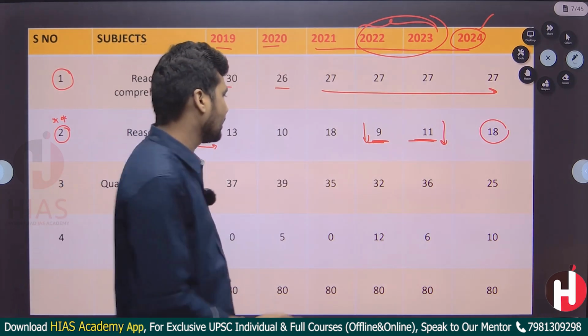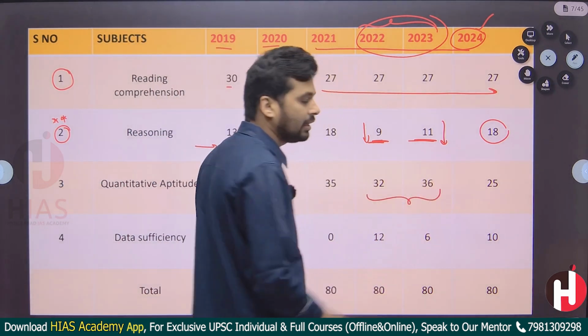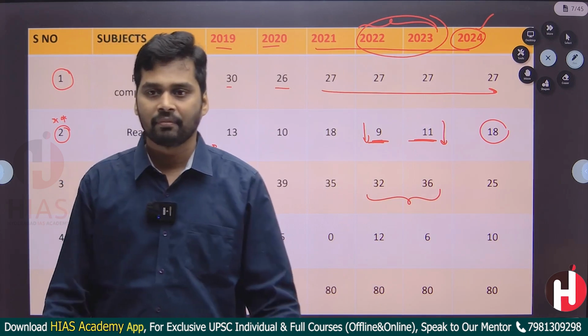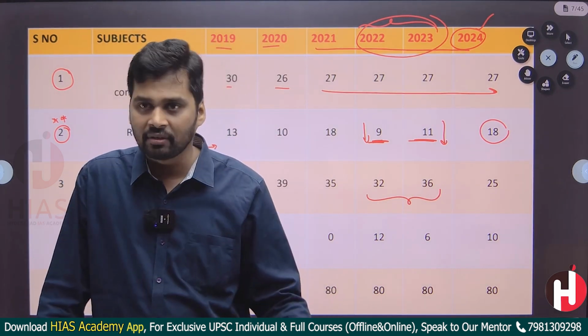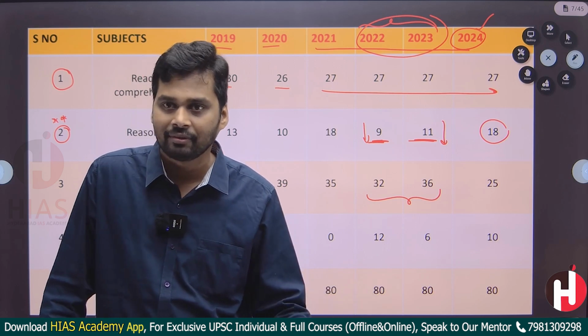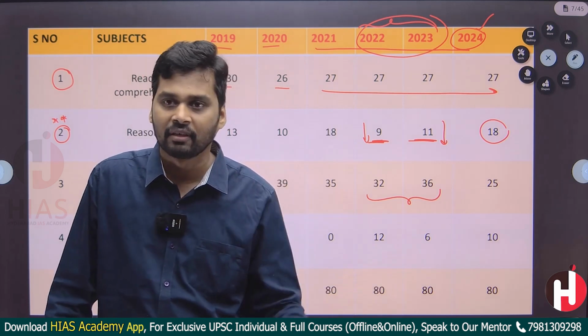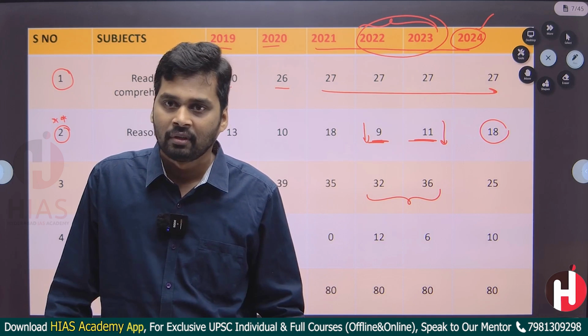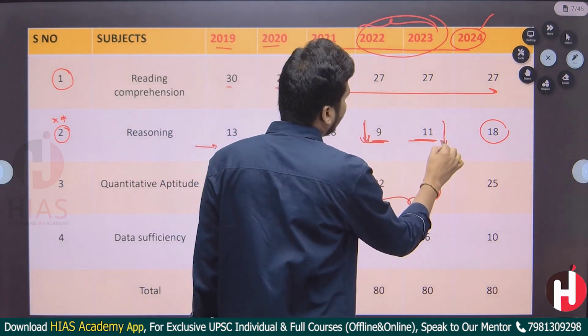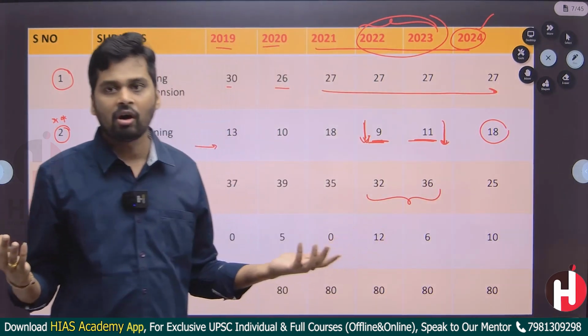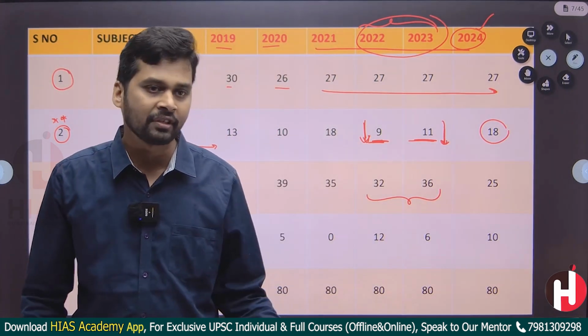At the same time, they increased the difficulty levels of quantitative aptitude a lot in these 2 years. Of course, this year also it is moderate. I won't say that it is easy, at the same time I won't say that it is difficult. It's a moderate paper. So that's why reasoning maximum మనం స్కోర్ చేద్దాం, but we don't know how many questions they will give from this reasoning.